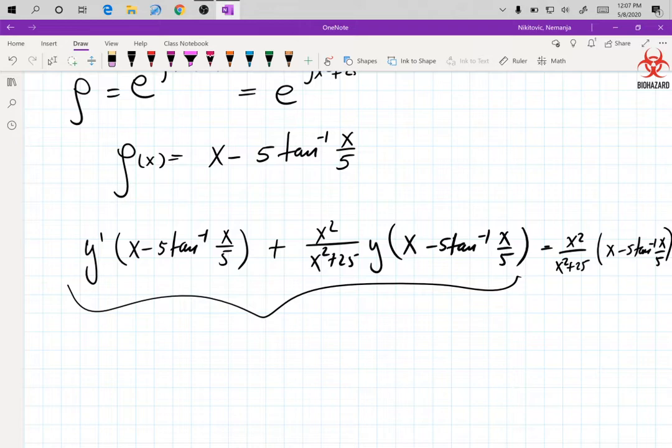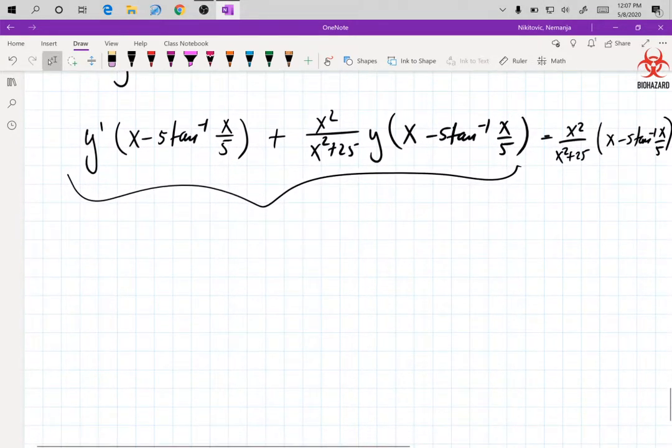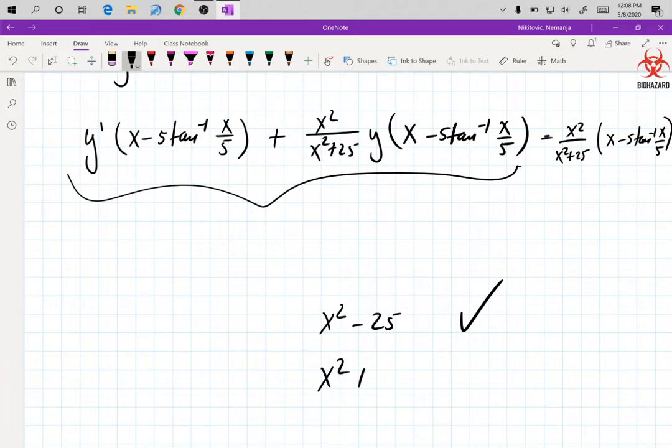Can you use partial fraction decomposition? Hell no. Partial fraction decomposition cannot be used here because you only have one factor. Partial fraction decomposition needs to have at least two factors. So x squared minus 25, okay. X squared plus 25, hell no. Because this one